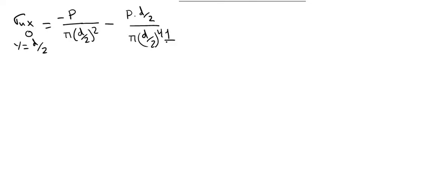So this is equal to minus P divided by π(d/2)² minus P multiplied by d/2, divided by π(d/2)⁴ times 1/4, and multiplied by d/2. Okay, so in this case we have minus P